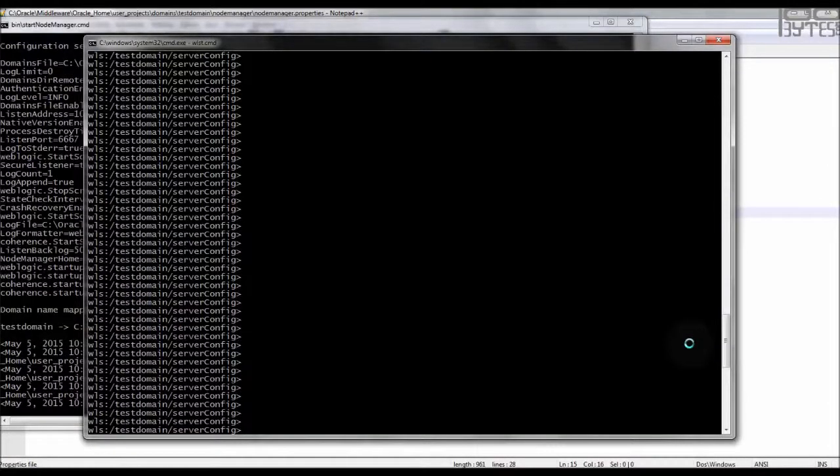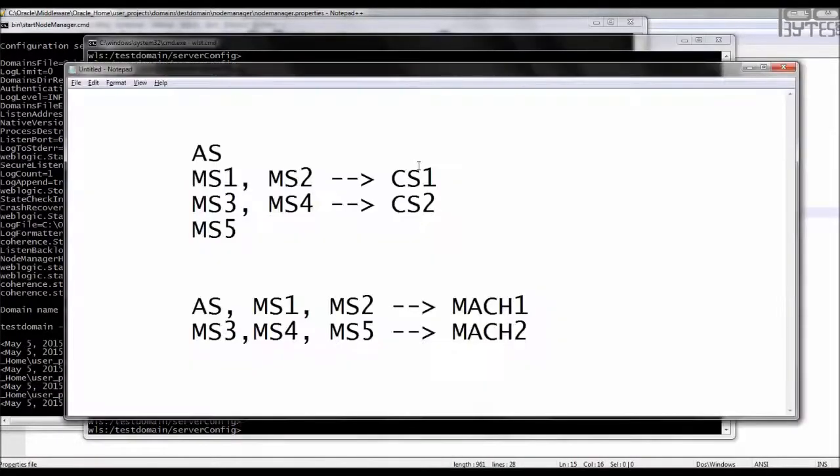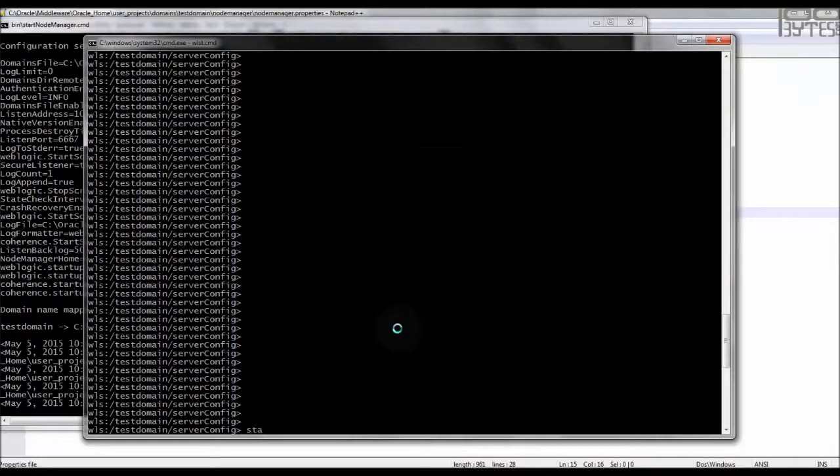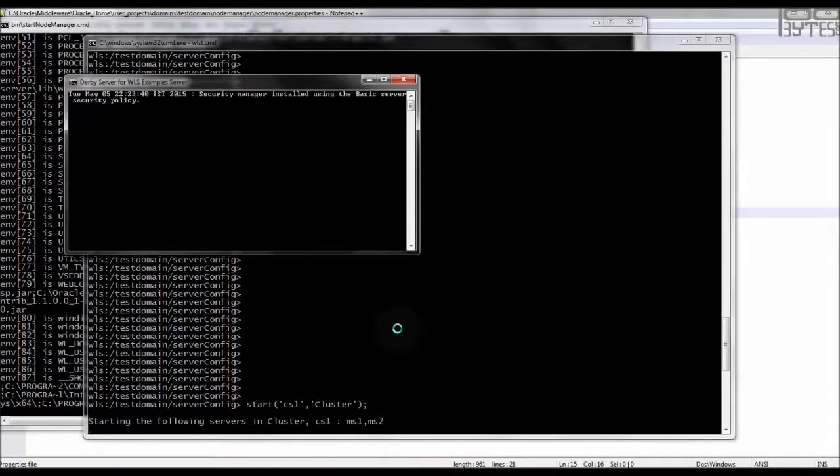Now I will show how to start the clusters. In our cluster 1 we have managed servers, and they have to be started. So if I issue a command to start cluster 1, internally it will start both the managed servers. So start cs1 cluster. Remember that if you want to start any cluster or managed server from WLST, the node manager has to be running, the admin server has to be running, and you should connect to the admin server, and only after that you issue